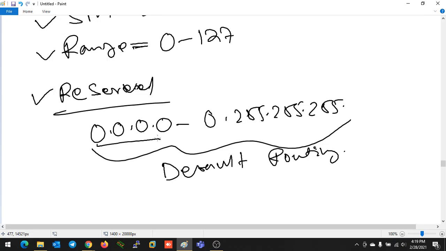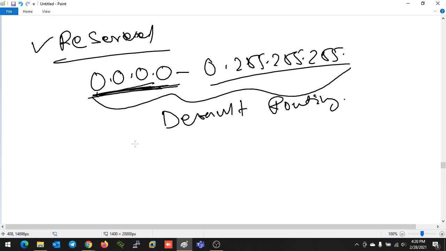some IP networks are already reserved for some specific use. From 0.0.0.0 to this much has been reserved for default routing, and we also use this for DHCP. Also, if I am not configuring any IP address on my device's NIC, by default it will be assigned this IP address. Whenever you learn the exact concept of DHCP and the packet flow of DHCP, you will understand your device sends a DHCP request using this IP address as the source IP address.